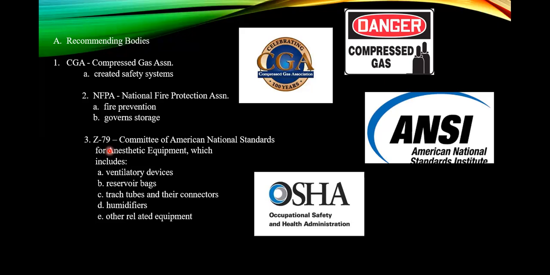Nitrogen is black. Carbon dioxide, I think, is gray. I need to be able to see that, right? So that's one safety system. So if an emergency, I'm going to need oxygen, I go right to the green one. I know that's oxygen, unless I'm colorblind. If I'm colorblind, there's some other safety systems that we have, okay? So the CGA has created these safety systems, which you will learn in detail, okay?